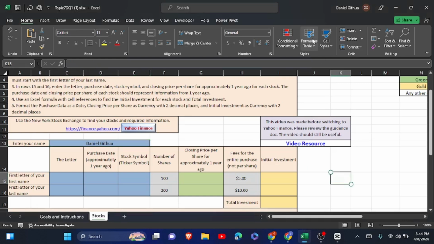Today we're going to do topic 7 DQ1, and we're going to see how we're going to solve these questions. So the first thing it says is we have to enter the first letter of your first name. My first name is Daniel, so my first letter is D. That one is done. And then the next part is the first letter of my last name, which is Gizua, so it's